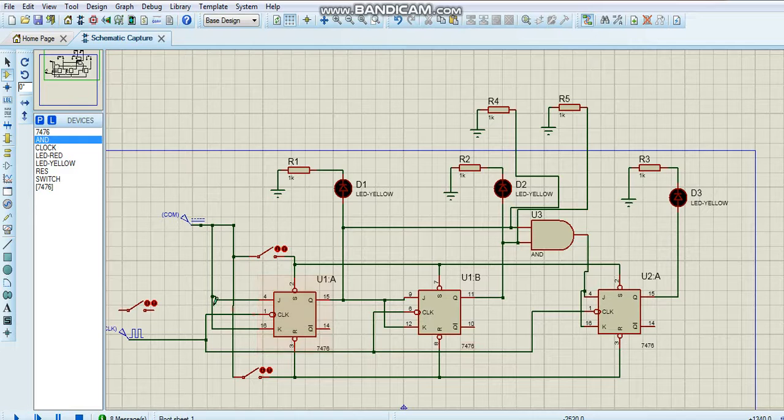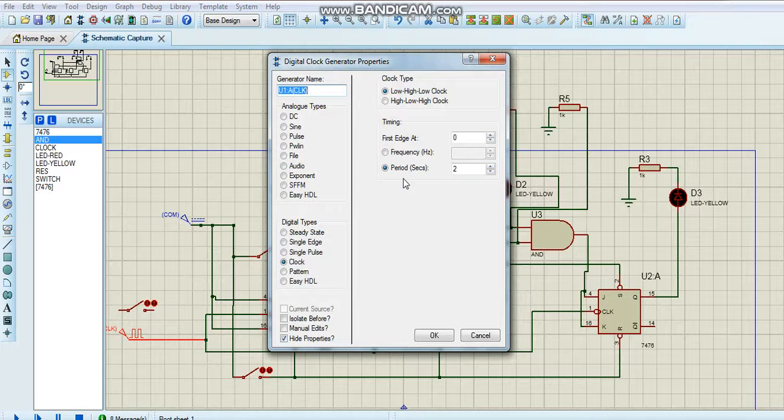Okay, and again you can see here, this is my 5 volts that is given as input to the JK flip-flop, and you have a preset pin and a clear pin, and both preset and clear are done with the help of these switches. Yes, and 3 LEDs are used. These 3 LEDs will show you the different states. Okay, so now what I have set here is, I have set this clock to a period of about 2 seconds. It will be varying, and a low to high clock pulse is set over here.